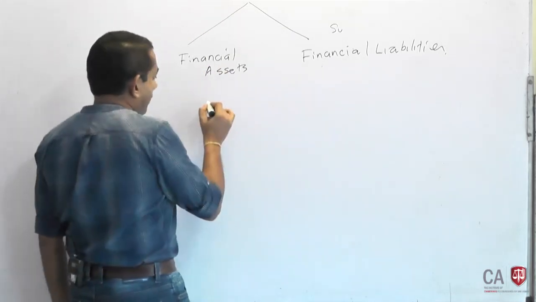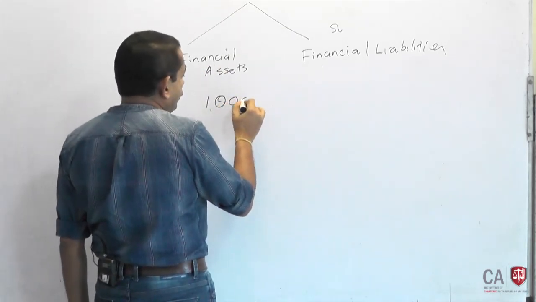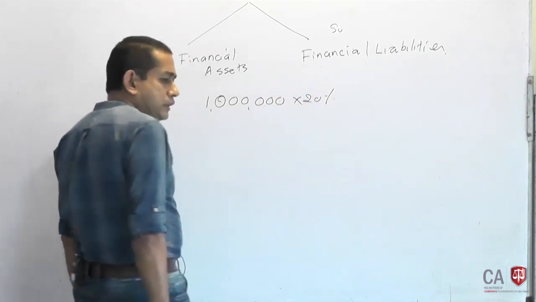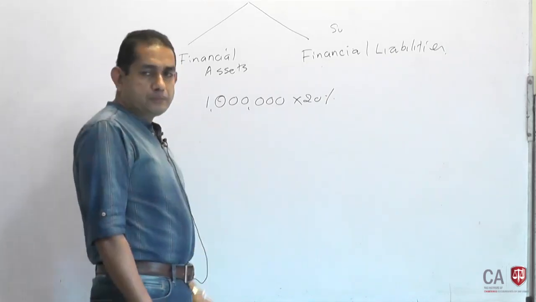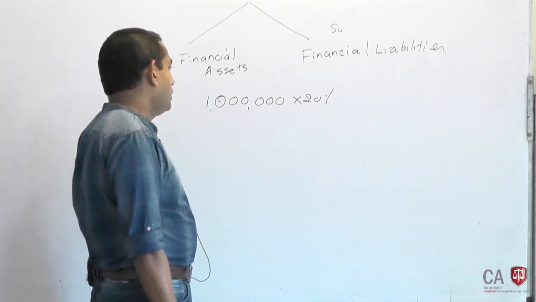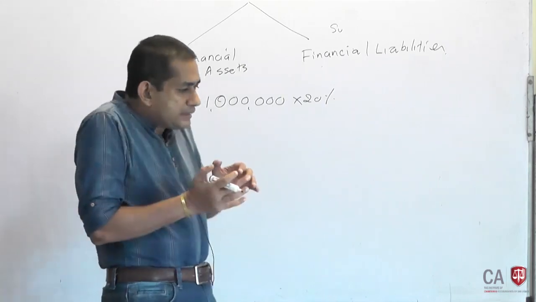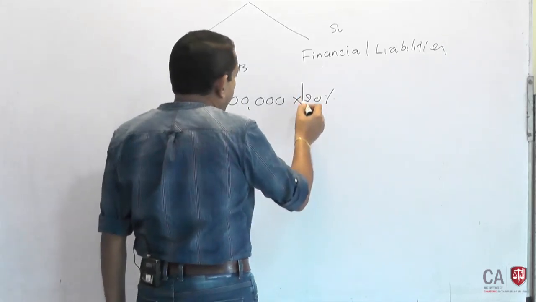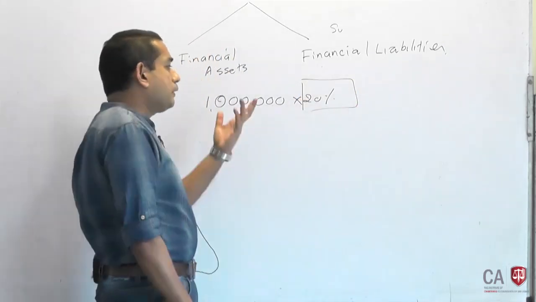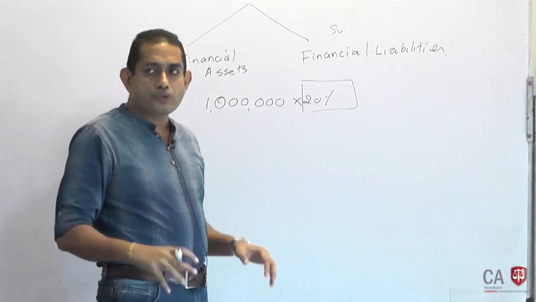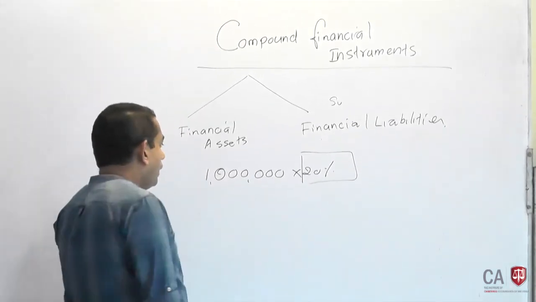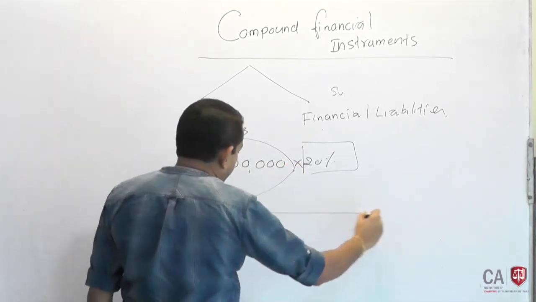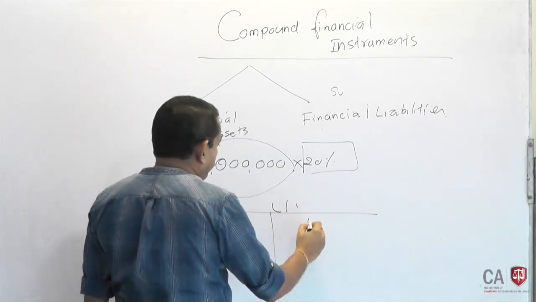Company A obtains a loan of 1 million rupees at a 20% rate, and that is from the government. So, irrespective of this citizen and government relationship, the government has granted the loan at 20%, which is the market rate. So, the transaction is purely arm's length. Then this value of 1 million should be the fair value. So, we can credit loan payable at 1 million rupees.